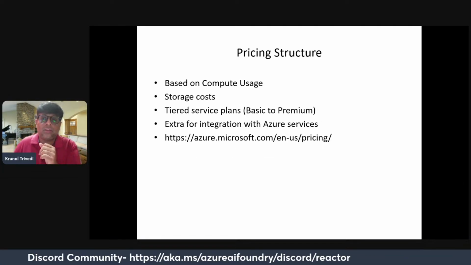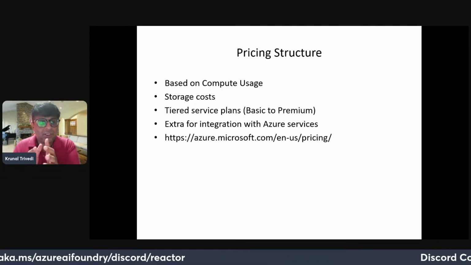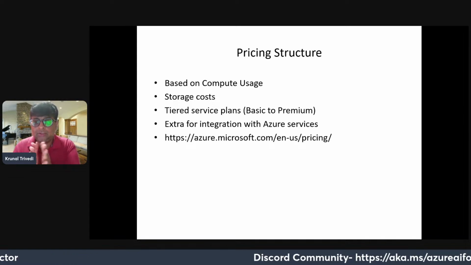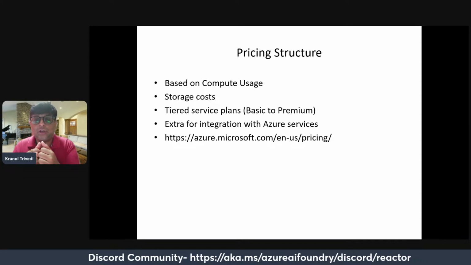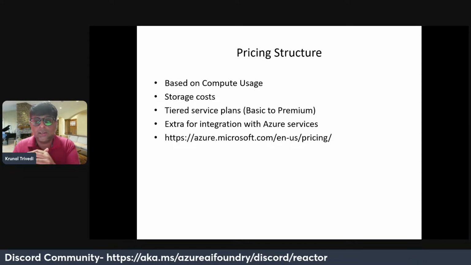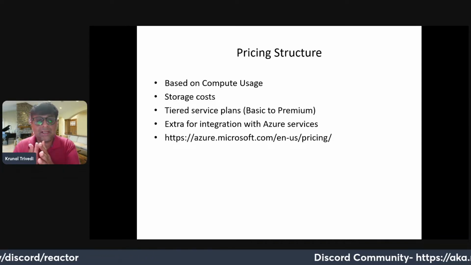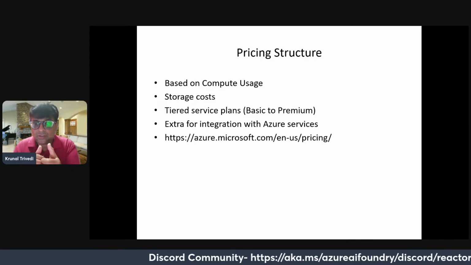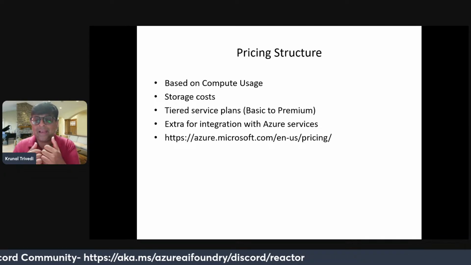If we talk about pricing structure, we have multiple usage options here. We can go for pay as you go for compute resources used during training and inference. We would be charged for data and model storage. We'll have different service tiers like basic, standard, premium with varying features and support levels. And we have to pay for additional services where we integrate our AI model or our AI agent, such